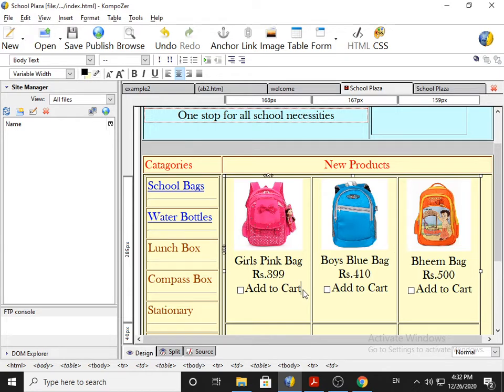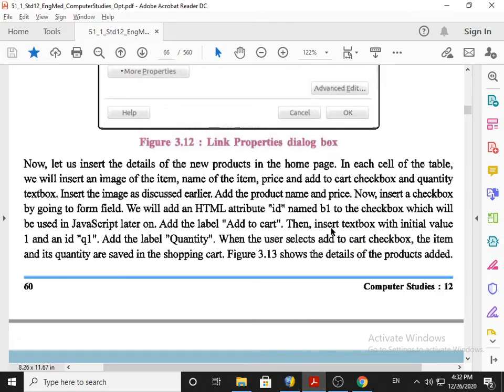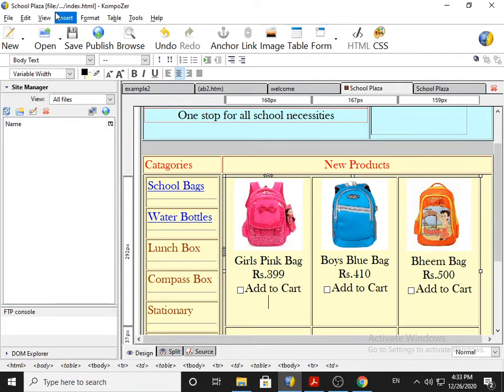Now we have to prepare the quantity box. Now to create the quantity box, we need to understand the concept of size and ID both. So look at the textbook. Insert text box with initial value 1, ID Q1, and add the label quantity. Okay, when the user selects the add to cart checkbox, then the item and its quantity are saved in the shopping cart. That is the purpose. So how do we go about it? We have to be careful about initial value 1 and ID Q1, and the box must be small, so size also matters. How? See, now insert